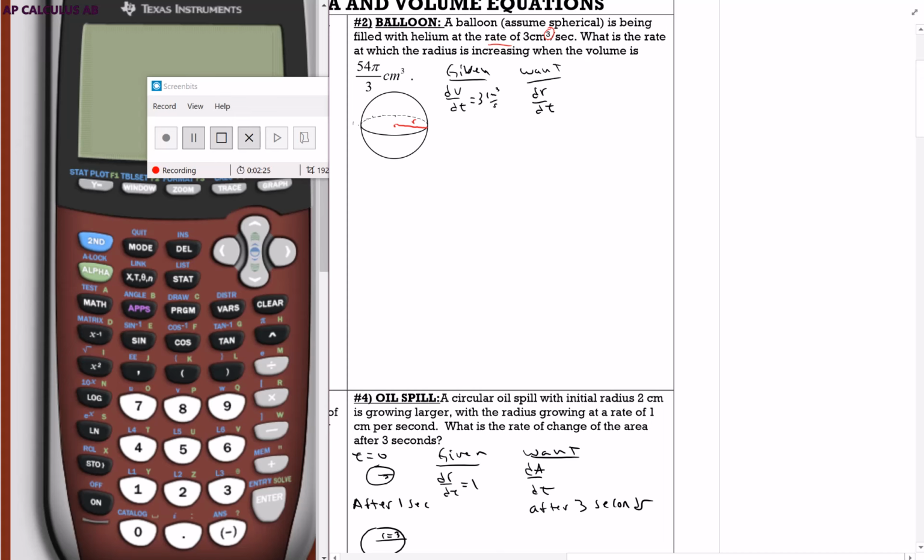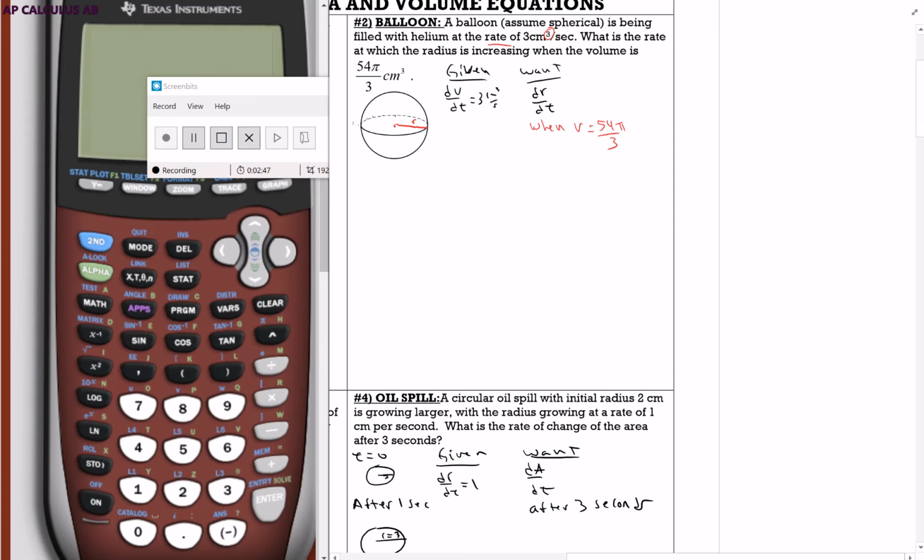Right, and what do I want? It says what is the rate at which the radius is increasing, so it wants dr dt when the volume is 54. So it's going to write this when v equals 54 pi over 3, right? It's telling me that when the volume is that, I want to know how fast the radius is changing. All right, so the equation we're using here,